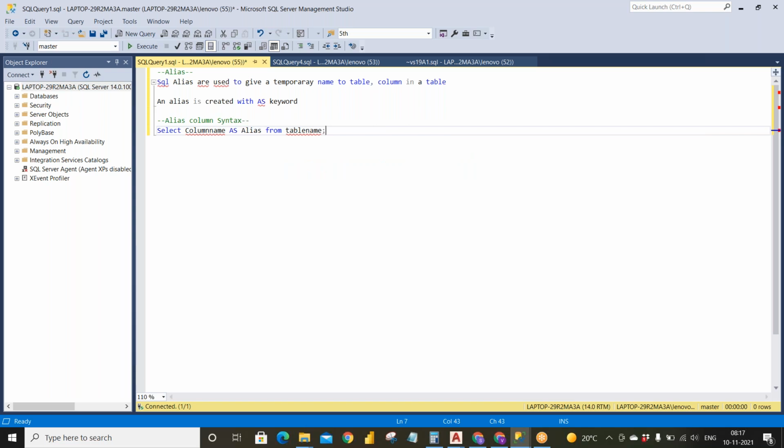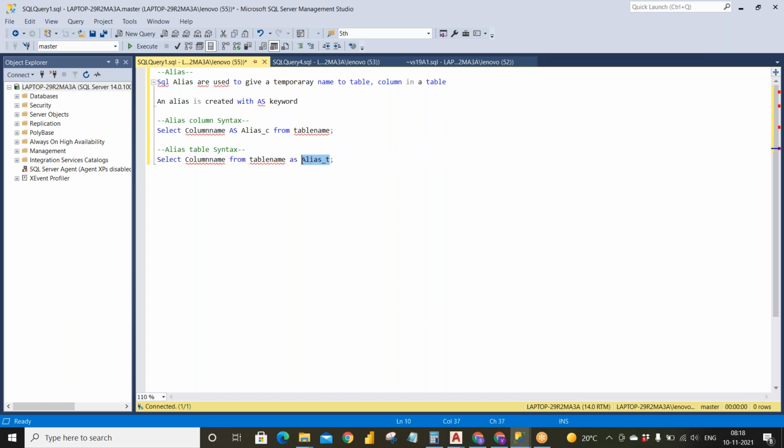This is the column syntax. We'll go with the table also. Table syntax: alias T. Here we are giving the column name an alias name like alias_C, and in this example we are giving alias_T.